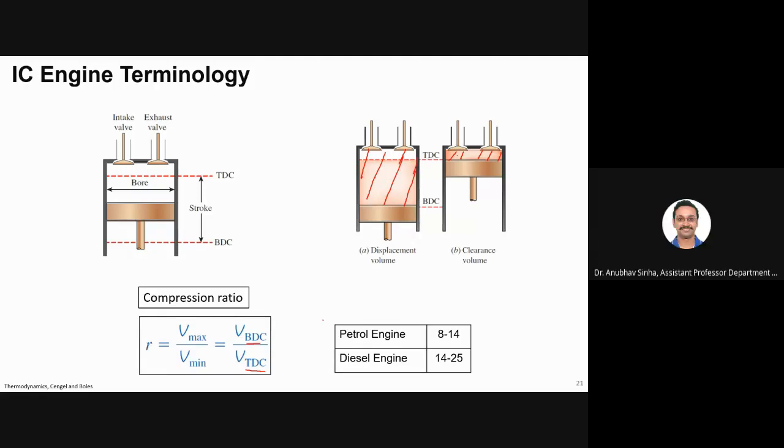We'll see how, when we go to the cycle, we'll try to calculate efficiency and we'll use this ratio. So just wait for a few slides. You'll see how, if you are given an engine, you know what the compression ratio is, so based on that you can calculate the efficiency. That is what we are trying to do here. So this is how you classify engines. In third year you will study IC engines in more detail. This is one of the very basic parameters when we talk about any engine: compression ratio.